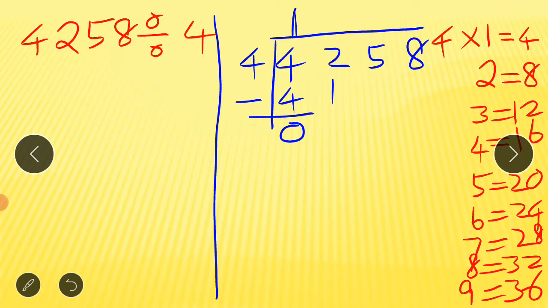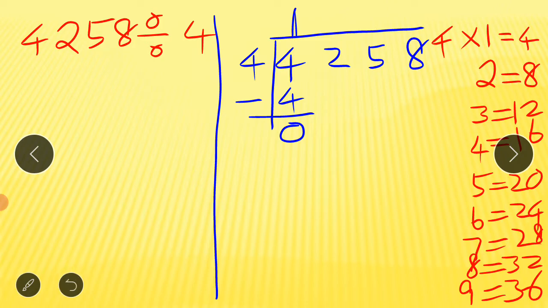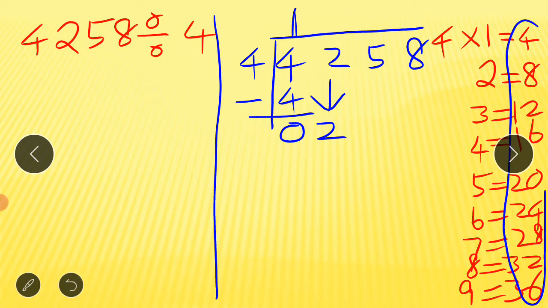Okay, then we bring down the next digit 2 here. Now 0 2 is 2, that is the fresh number. Then the fresh number is to be checked again in the product column. Remember, the remainder should not be checked. Beside this remainder we write the brought-down digit, and this is called the fresh number, and this fresh number is to be checked again in the product column. Just see whether 2 is there.